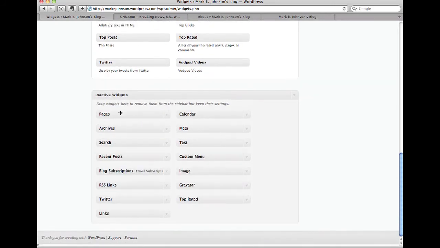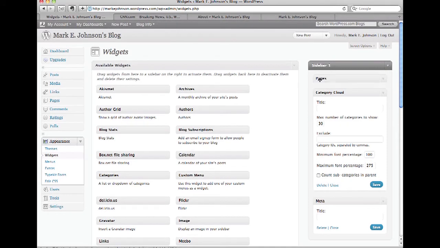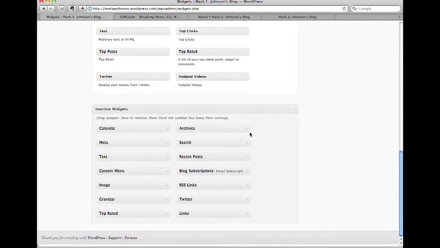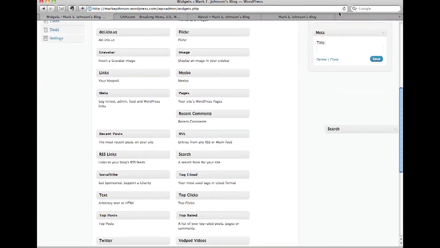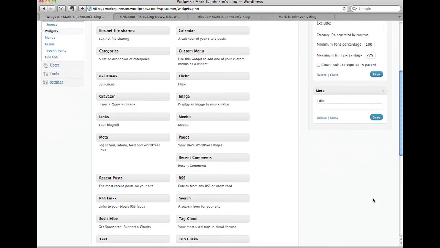And down here, you're going to want to add some of this back in depending upon the template. You want to make sure that you have pages in there. Now, the template that we have only has that sidebar. So I want to create the pages. Put that back in there. Let's see if there's anything else in here. I don't think there's anything else in here that I want. Oh yeah, let's put search in there so that folks can come through and search through your database. So let's put that up top. Let's click save on all of those